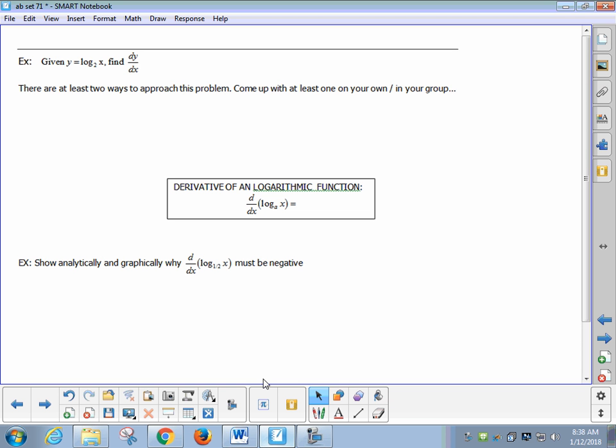Well, change it. You know how to differentiate natural log, so actually I could again think of a couple different ways. What's something you could do? Okay, 2 to the y equals x, that's true. And now you kind of know how to differentiate that, so I guess you could take the derivative there, but